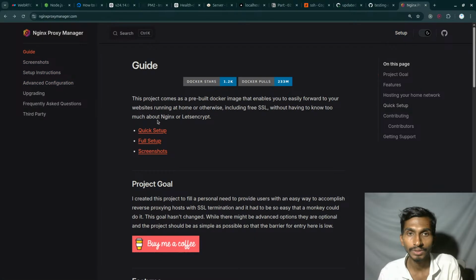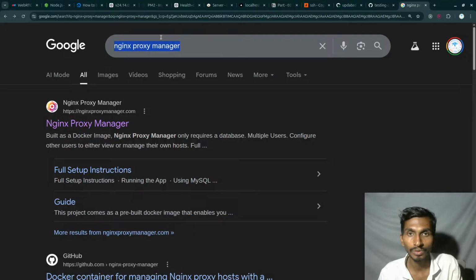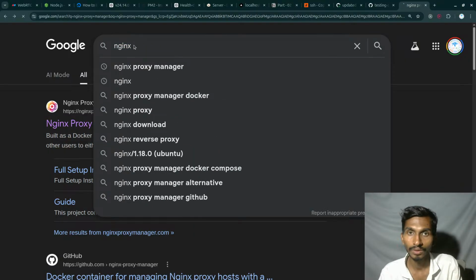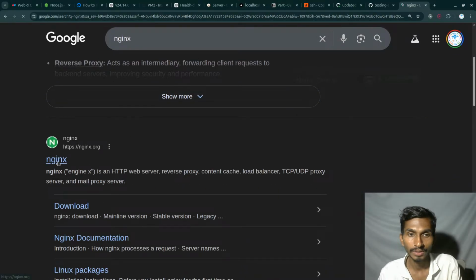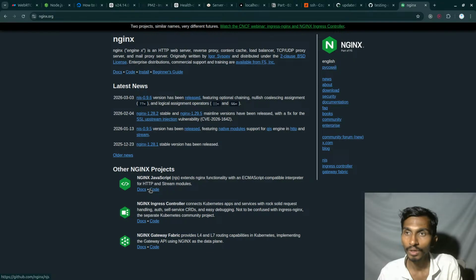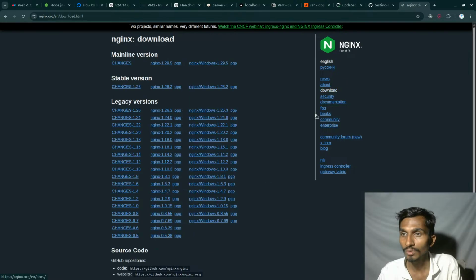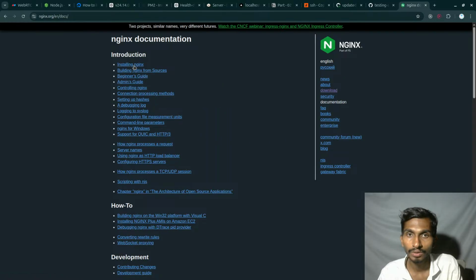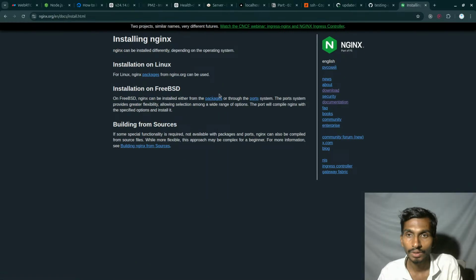Let me search just nginx. I think this is not the one that I'm looking for. Nginx, just say. Once I'm inside, this is going to be nginx, and of course I need to install it, so click on download. Well, that's bad, but mainline version, stable version. How can I download it? Documentation, installing nginx,